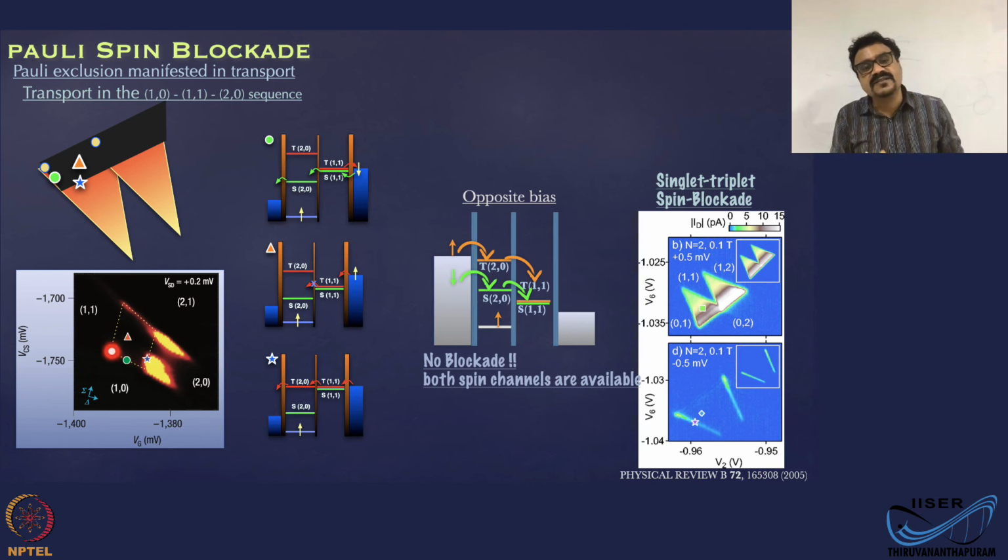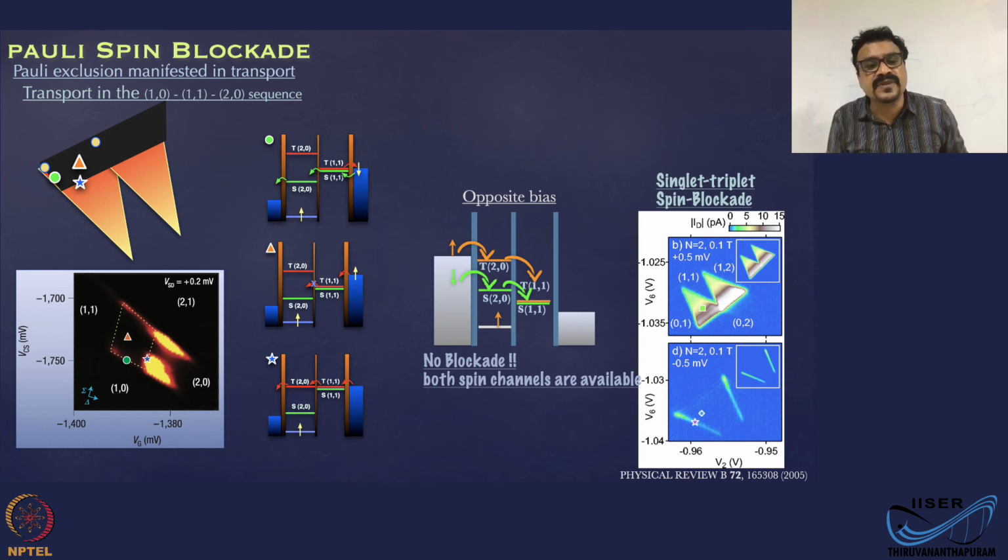But that is the low bias case, where spin can be exchanged with the lead. But the moment you have higher bias, in the middle of this region, the current is blocked. And that corresponds to this situation. Okay. Around this edge, you can always have a spin exchange. Okay. That is the resonant condition for that dot with the lead.